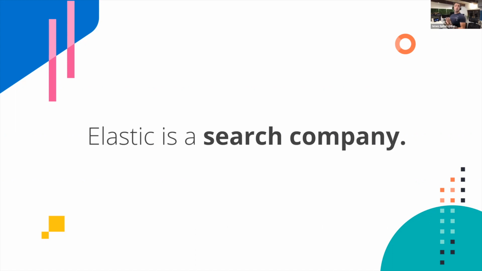So Elastic is a search company. A lot of you probably use Elastic today without even knowing. So if you go to Wikipedia, if you go to Netflix, if you use Uber, Lyft, any of those popular applications, those are all powered, at least their search, using Elasticsearch. So in Wikipedia, from the first keystroke you type, that's an Elasticsearch query. And search is at the core of everything we do.